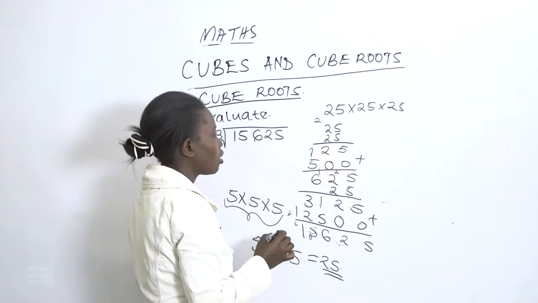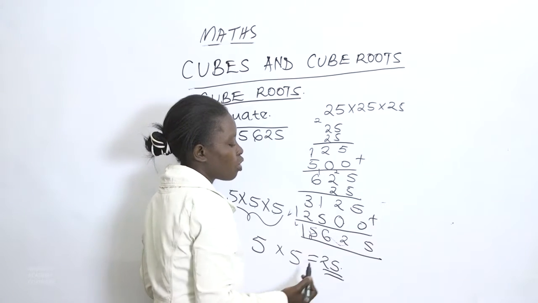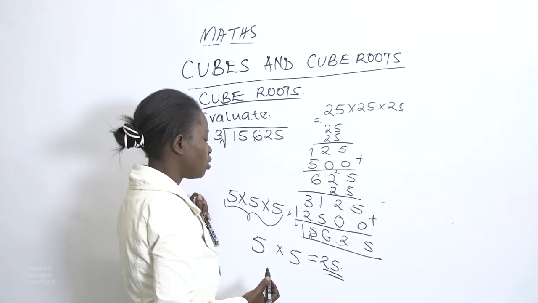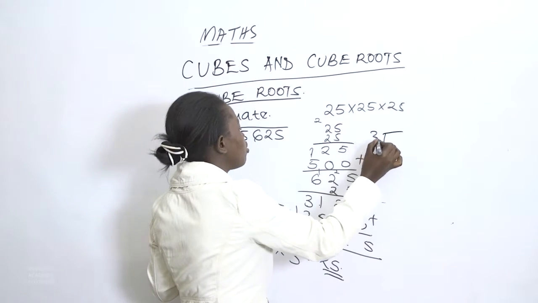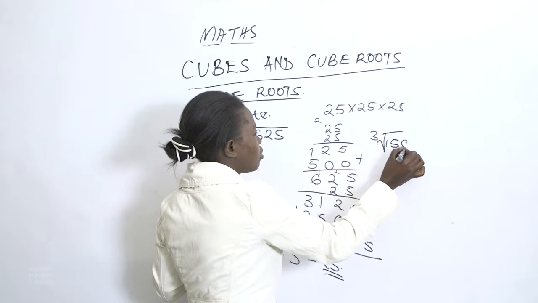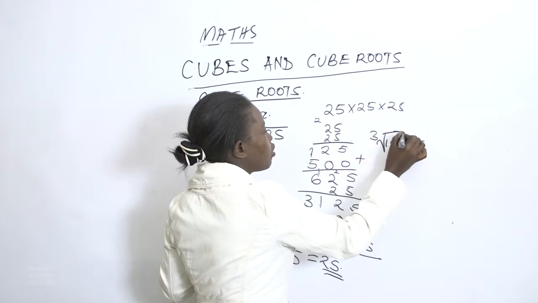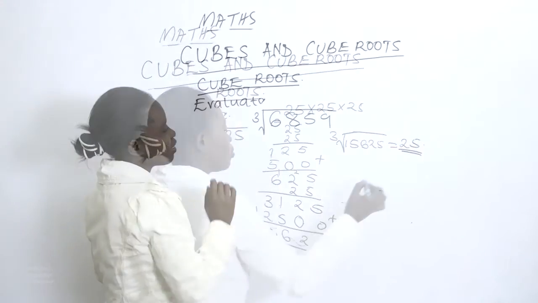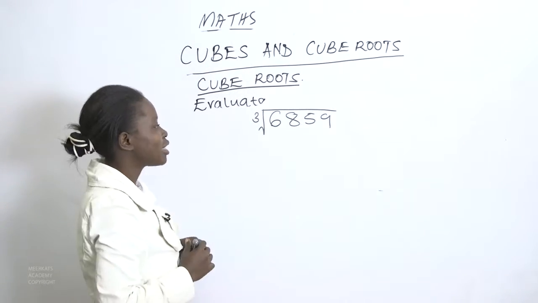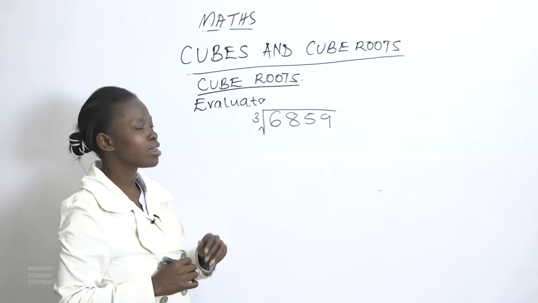So it means that we have 15,625. So in conclusion, then the cube root of 15,625 will be 25. The next example we have is the cube root of